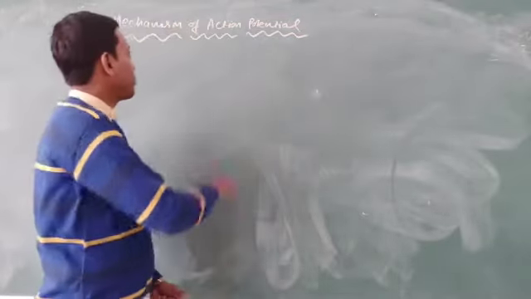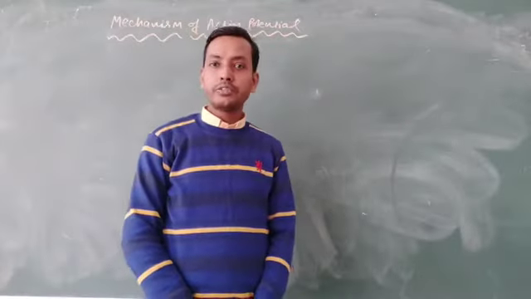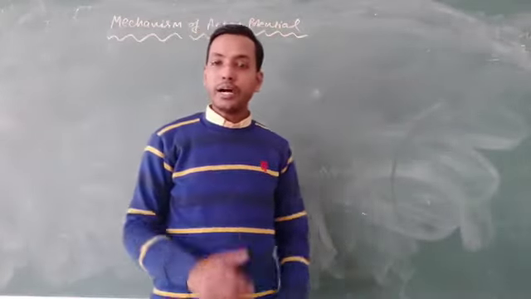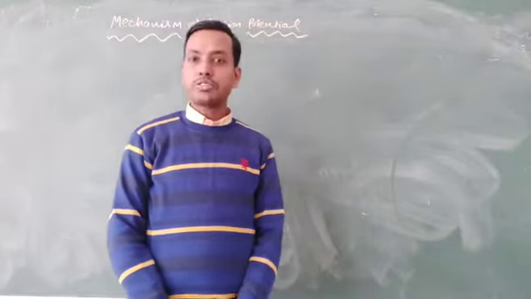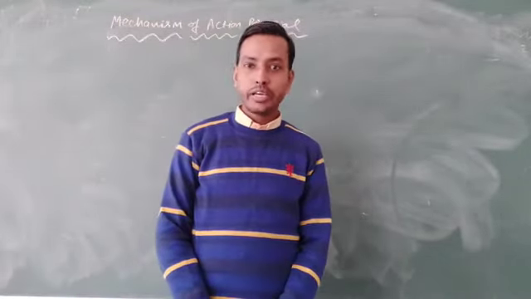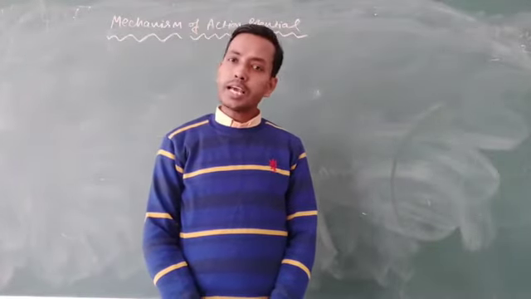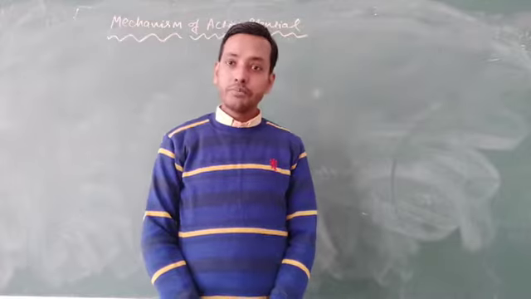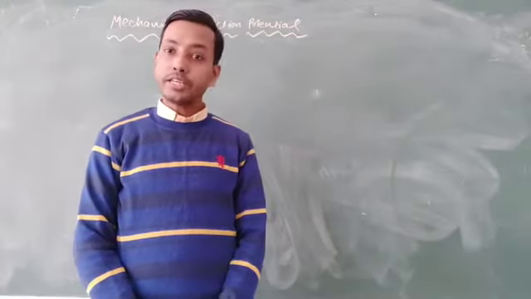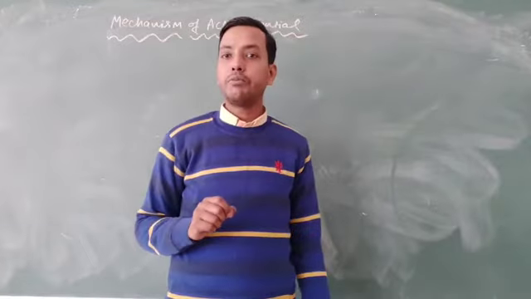Here I am going to talk about the mechanism of action potential. In the previous video lecture you learned the regulation of cardiac activity. I hope your concept regarding the different kinds of musculature tissues like SA node, AV node, bundle of His, atrioventricular bundle and Purkinje fibers is clear. If you have any doubt or problems regarding the previous video, you can ask me in the comment box.